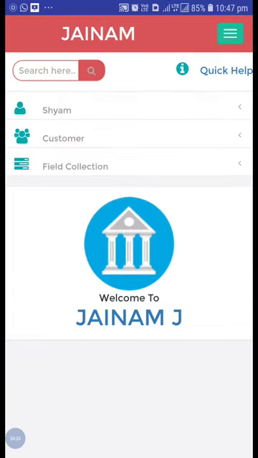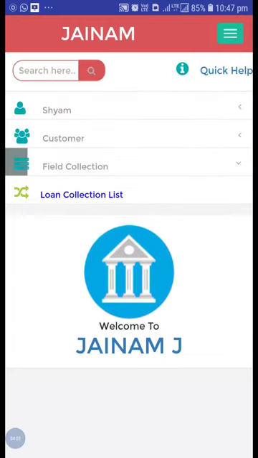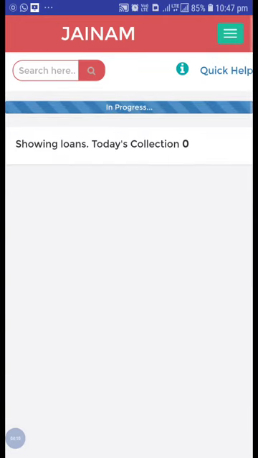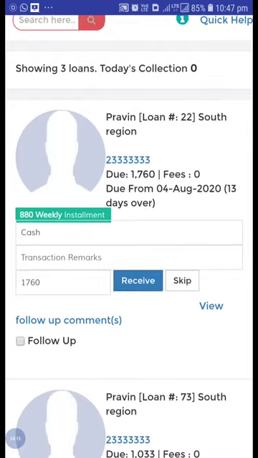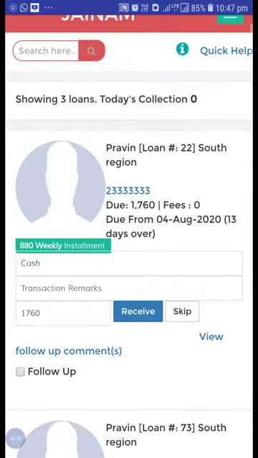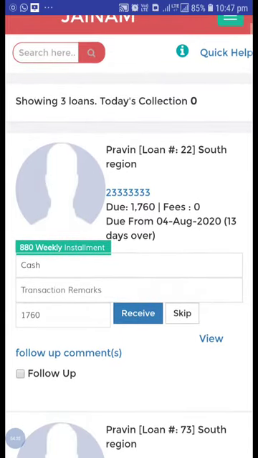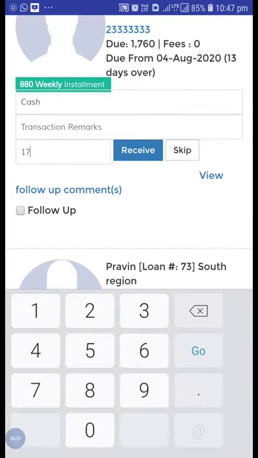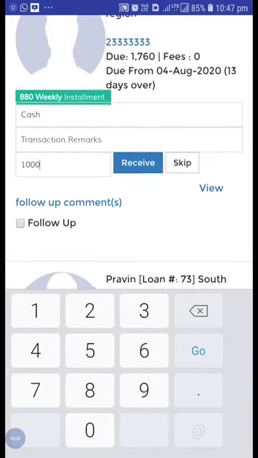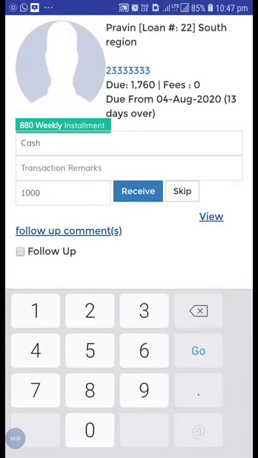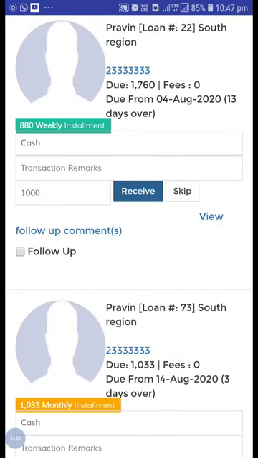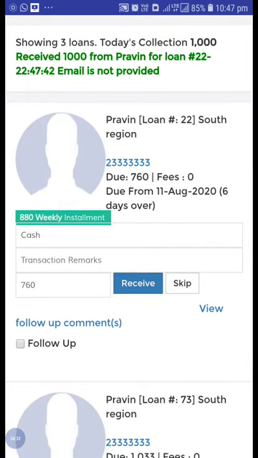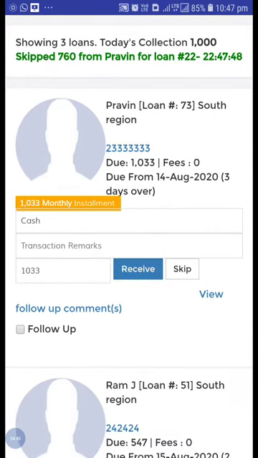This is the staff profile Sham, and go to the loan collection list, and here you can see this customer Praveen, loan number 22. 1760 is the amount we need to receive. Now let's take 1000 that the customer wants to pay, and receive this amount from here. So the staff has received 1000, and just skip this customer.